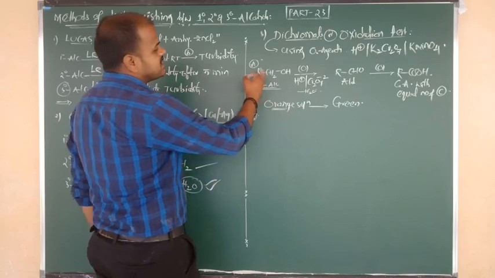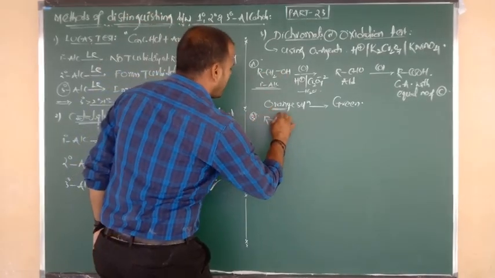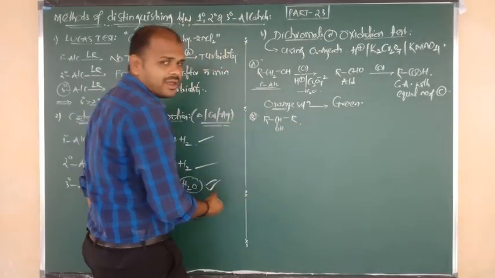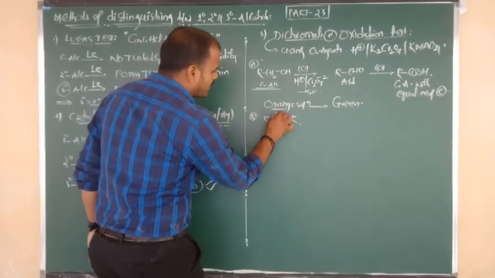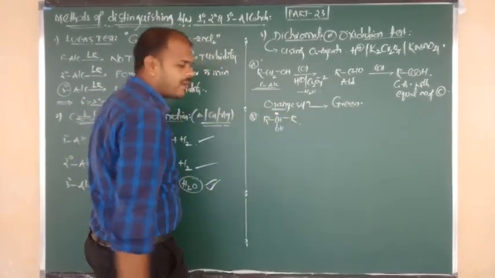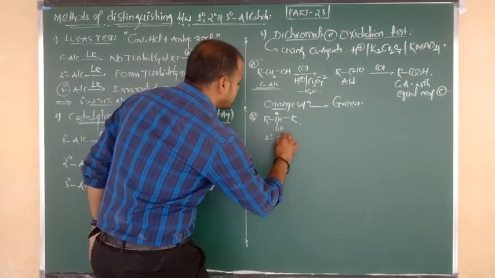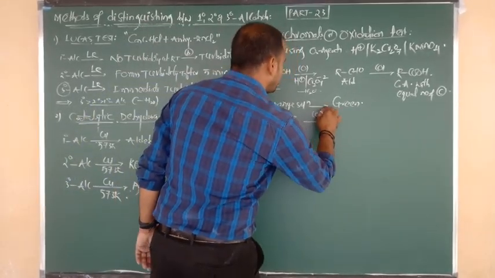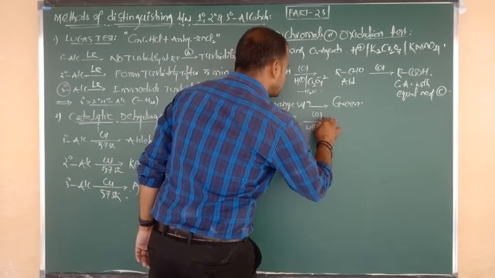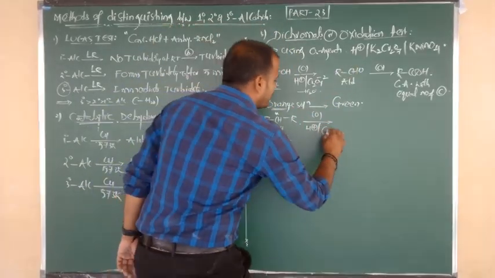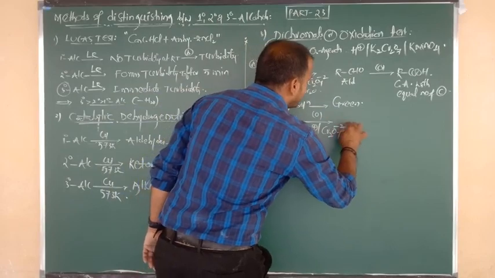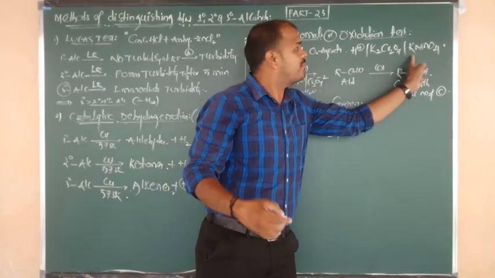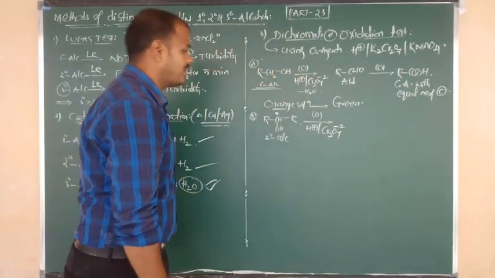I am going to consider the formula of secondary alcohol: R bonded to CH, with OH below the plane, again bonded to R. OH is connected to a carbon, and that carbon is connected to 2 surrounding carbons. Which alcohol? Secondary alcohol. Secondary alcohols upon oxidation with, again, the same thing, acidified potassium dichromate, or we can say dichromate medium Cr2O7 2-, otherwise we can write MnO4 minus.